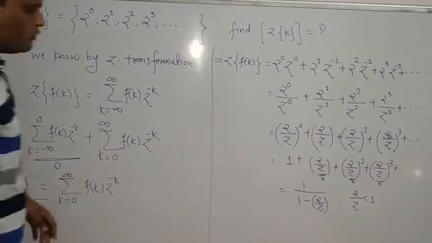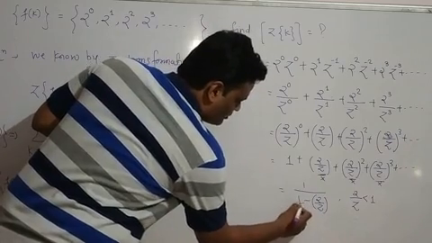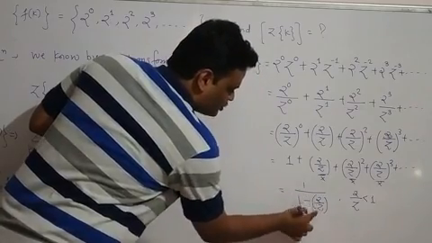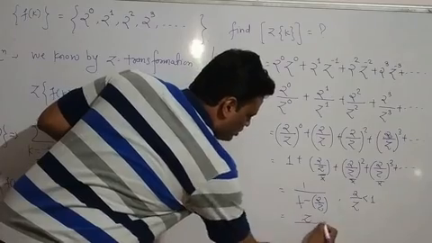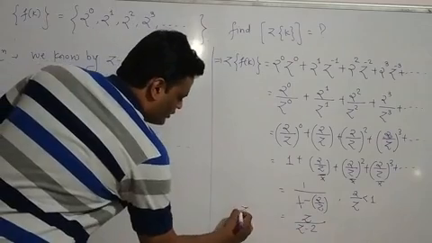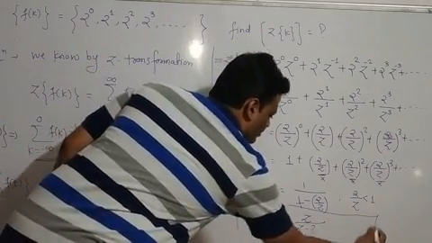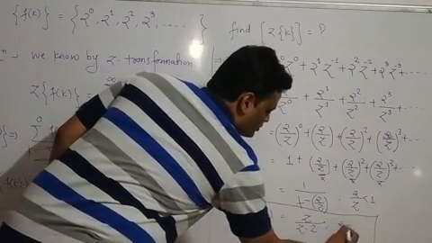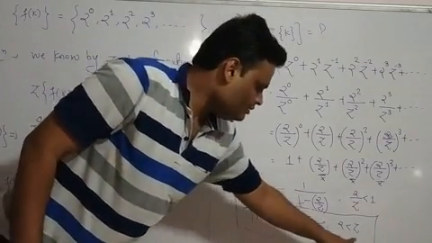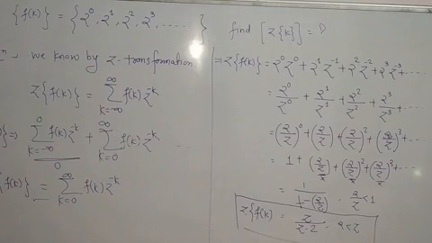But make sure that your x must be less than 1. So if you cross multiply and make the denominator the same, you have z minus 2, and that z will go to the numerator. So you have z upon z minus 2, and that is your z of f of k. And the condition is that 2 must be less than z. Now that 2 is less than z, we have a name for this one. We will see it in the next problem.